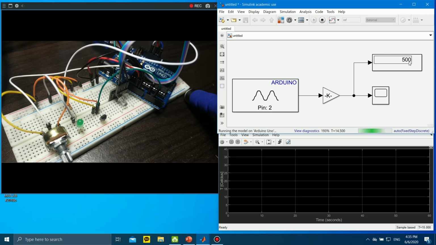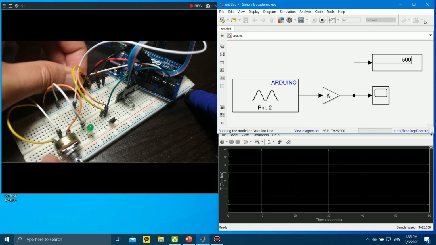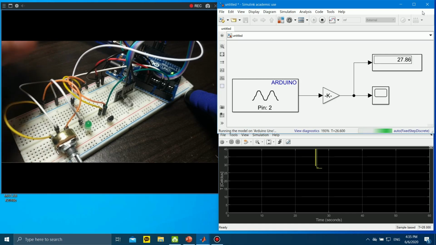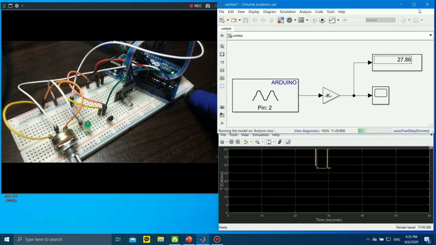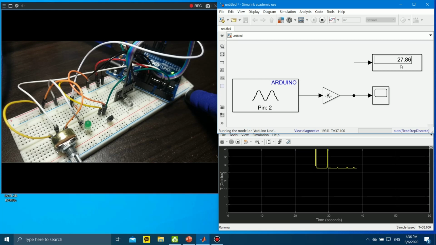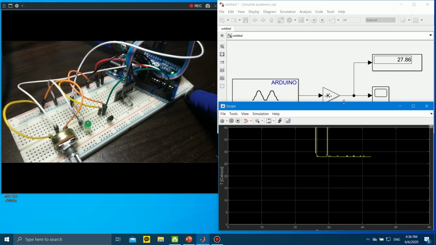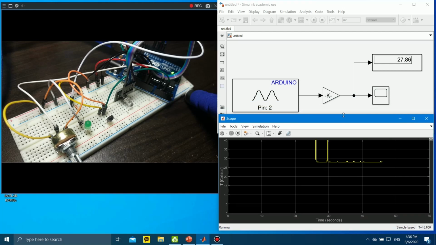Oh, this one shows about 500. I don't know what is happening. Sorry, excuse me. That's become a wrong connection. Now this sensor, forgive me, previously showed an error due to wrong connection. Now it shows the temperature